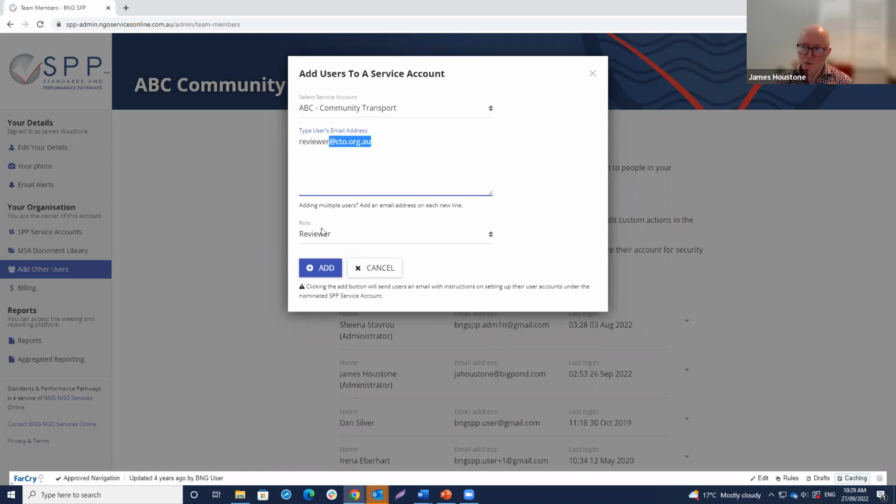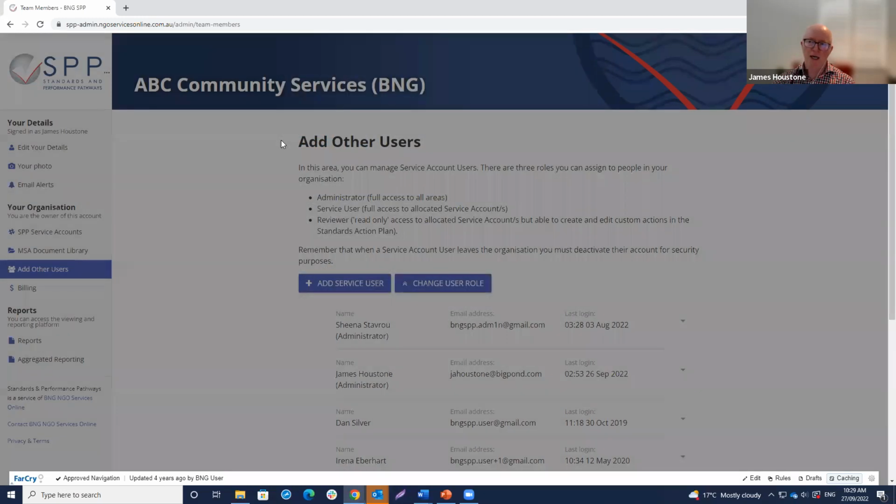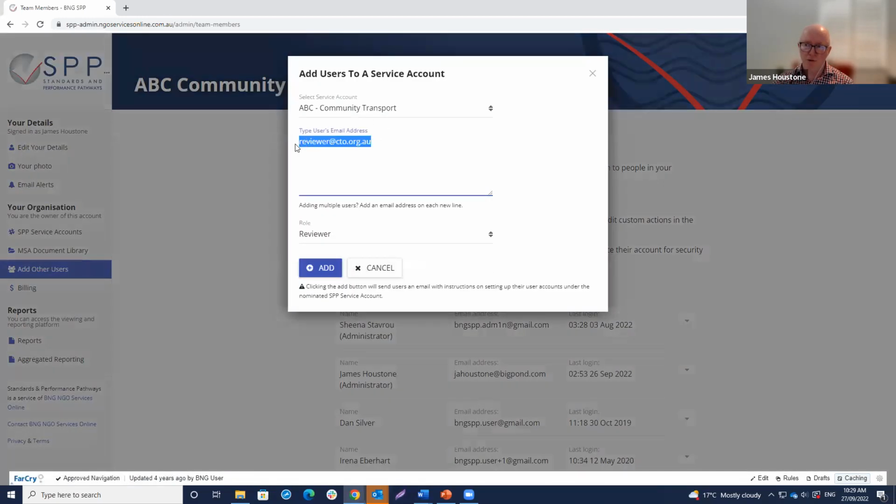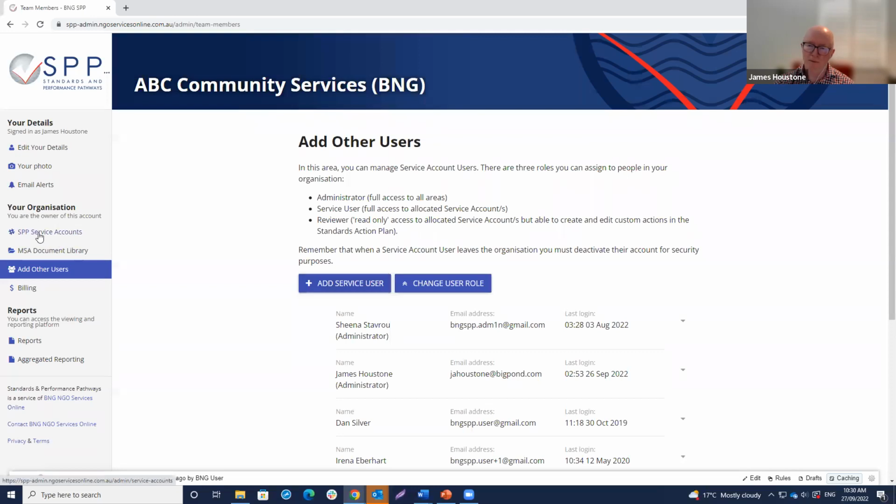The other alternative, of course, is you can invite in any third-party reviewer by typing in their email address, but that implies they need to receive the email, then open it up and click on the invitation hyperlink to accept, to then have access to the platform. And it just slows down the process. They need to make sure they got the email and have accepted the invitation, and then they log in. If you just give them the login ID and the password, they can log in immediately. And at the end of the audit, you could simply change the password so that they can no longer log in. So I think that's just a handy tip to speed up that process.